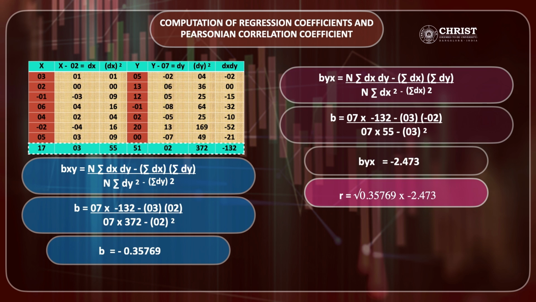So now we got both the regression coefficients. One is exceeding 1, one is less than 1. Now if you want to calculate the Pearsonian coefficient, how do you calculate? Pearsonian coefficient r, or the correlation coefficient r, is equal to root of 0.35769 into minus 2.473. Always remember that when you are taking the minus sign, that minus sign will be outside the square root. So that is minus